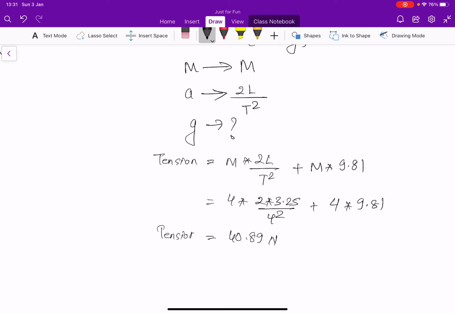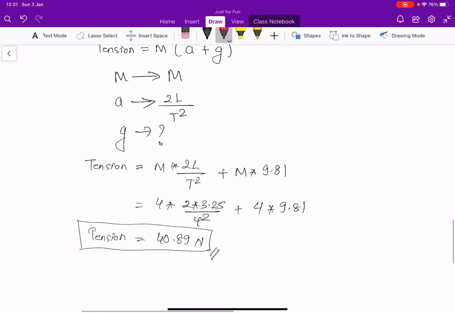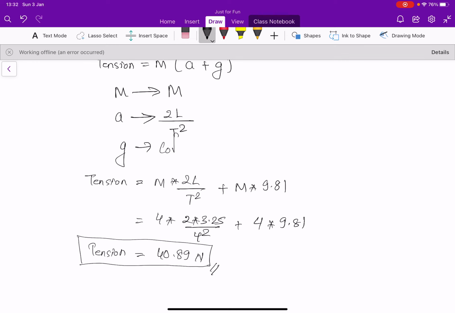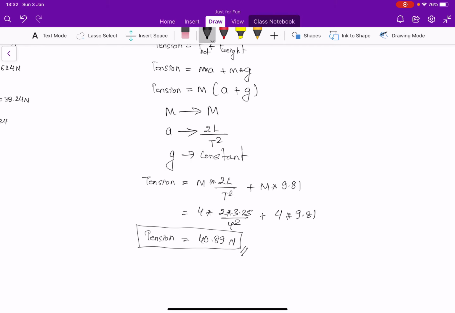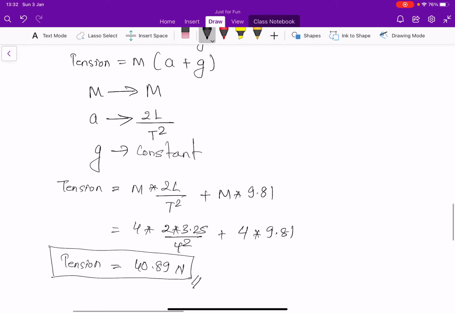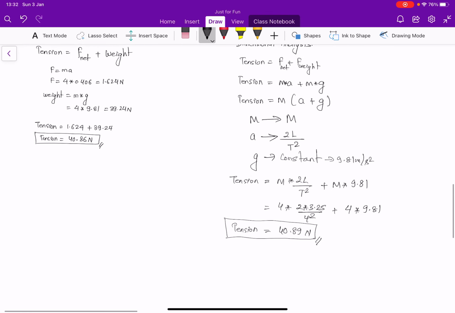Tension. So what I'm going to say here is g is constant, and given by 9.81 meter per second square. All right, so once we have done